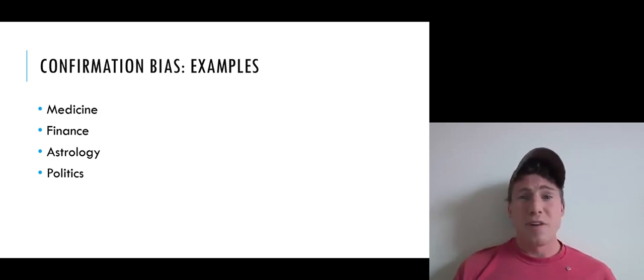This can also happen in finance, where an investor might have a particular theory or method for how to pick stocks or how to choose investments. And they might start employing that method, and they might overweight cases where the method succeeds and underweight cases where the method fails. Right?